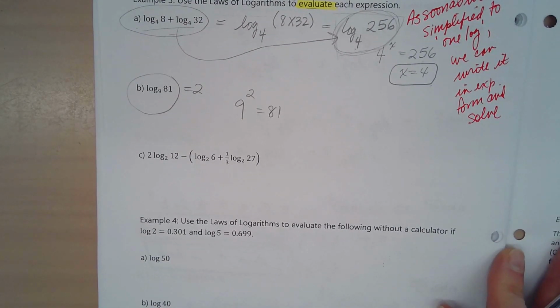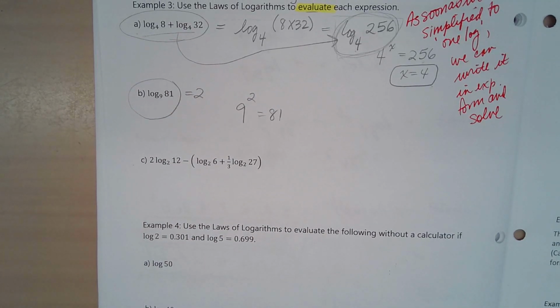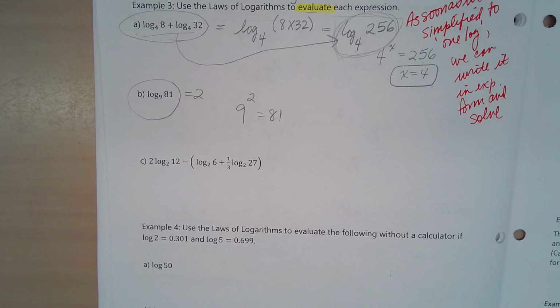Okay, let's do this last evaluation and then I'm gonna let you guys go for a break. 2 log base 2 of 12 minus log base 2 of 6 plus 1/3 log base 2 of 27. The good thing is they're all base 2s, so we should be able to do a lot of compacting here and write as 1 log. I'm going to give you a minute to